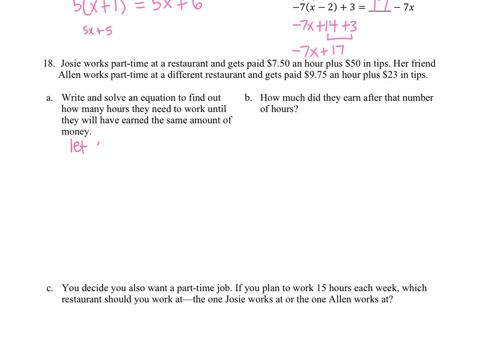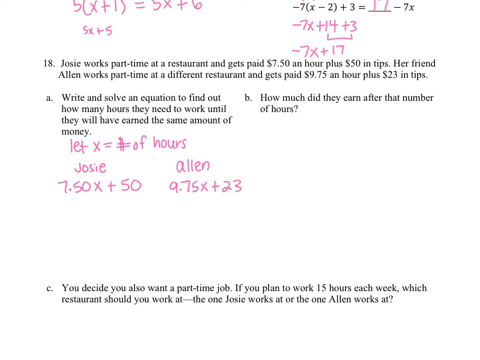So we don't know how many hours they need to work, so that's our variable. Let x equal number of hours. And then for Josie, we know to figure out how much money she makes, it's $7.50 per hour. So $7.50 times x, because she gets $7.50 each hour, plus an additional $50 in tips. And then we know Alan is $9.75 x, because it's $9.75 per hour, so you have to multiply them, plus